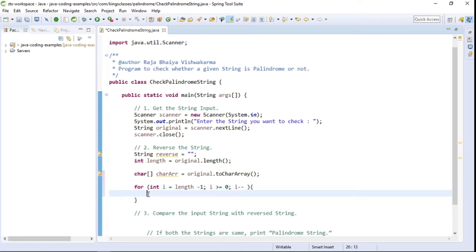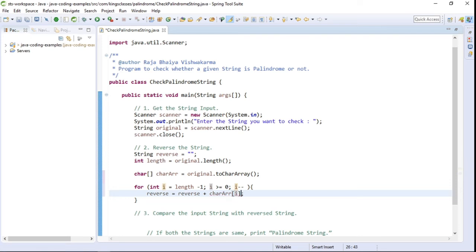and we will use the reverse variable that we have declared, and we will be adding each character from that character array while iterating in reverse direction.